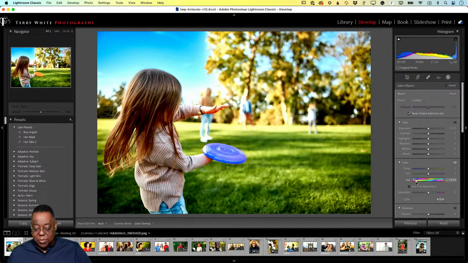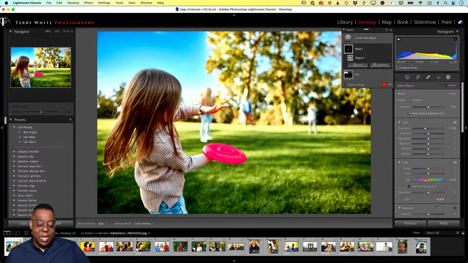What did I say? She wanted a red one? Where red is. That's more red there, right there. And then we might drop the exposure to make it more red. And there we go. So now we got our almost red pinkish frisbee. Okay, so